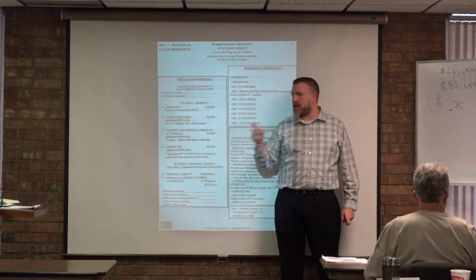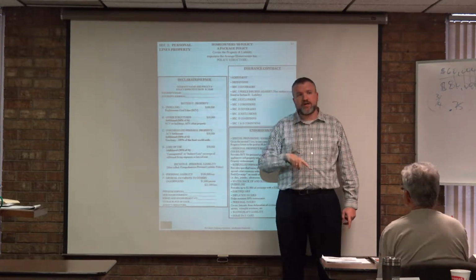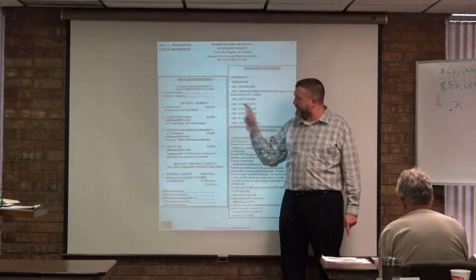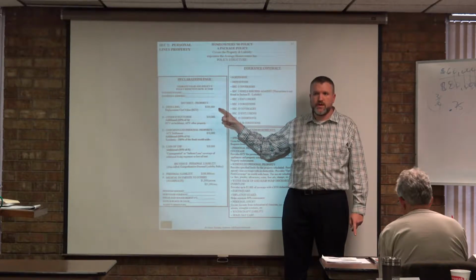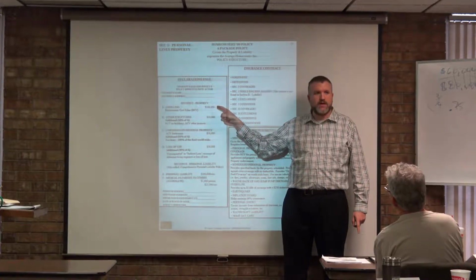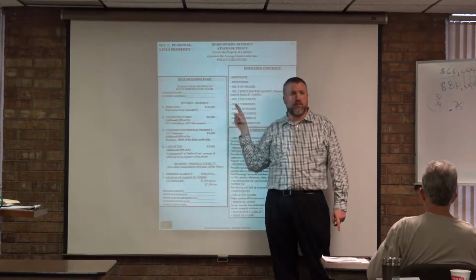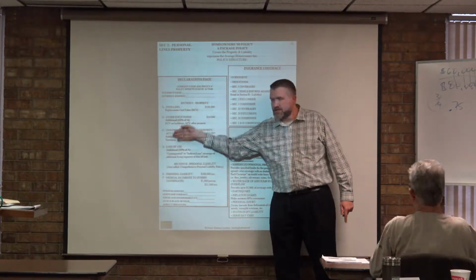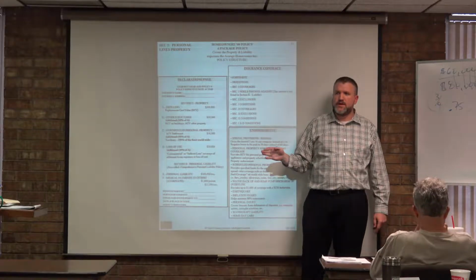Okay? So this is the easiest one to understand, but you also have to know how important this is, because everything else that we insure underneath this homeowner's policy will have a direct reflection on how much we insure this for. It's all based off of a percentage of what we choose here. So if you underinsure your home, not only do you underinsure this, but you're underinsuring all the rest of your property as well. All right?